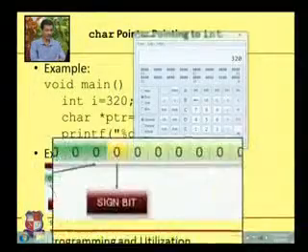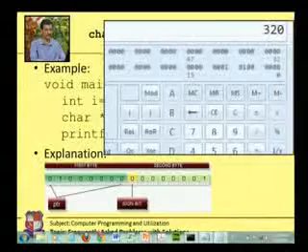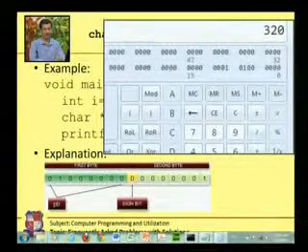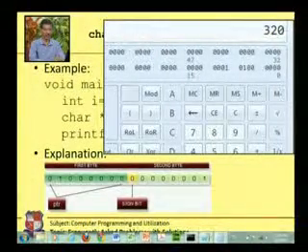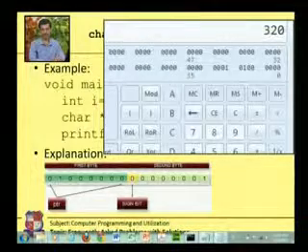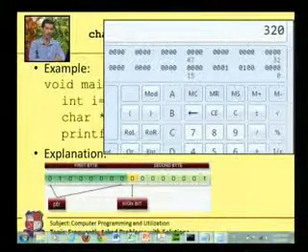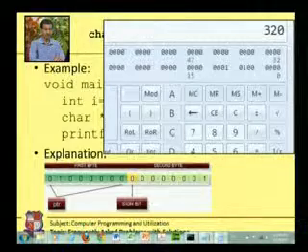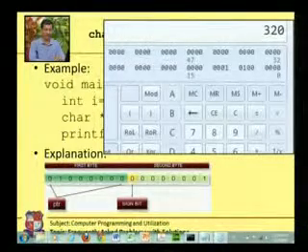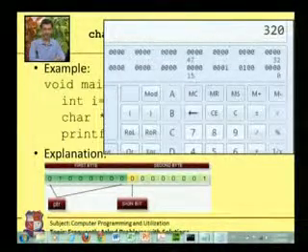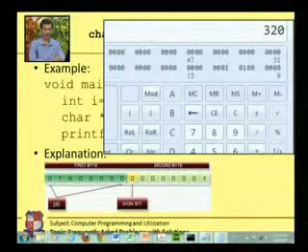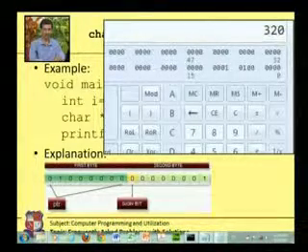In our calculation, let us divide this into two parts: first 8 bits and last 8 bits. First 8 bits are 0000, 0001, and last 8 bits are 0100, 0000.